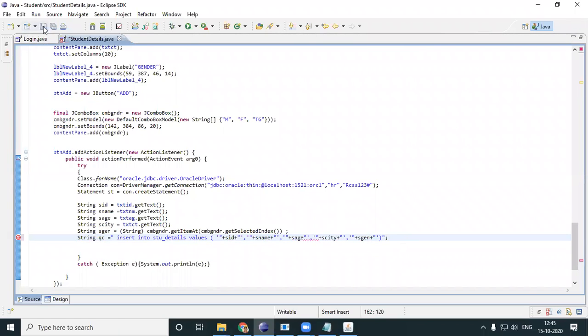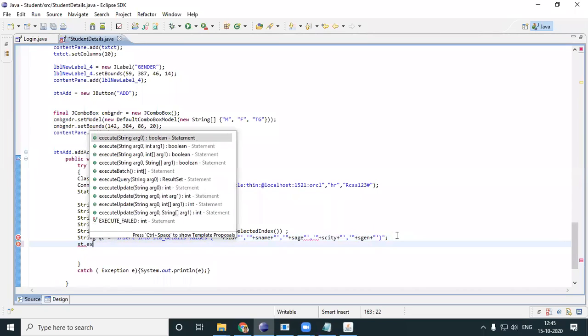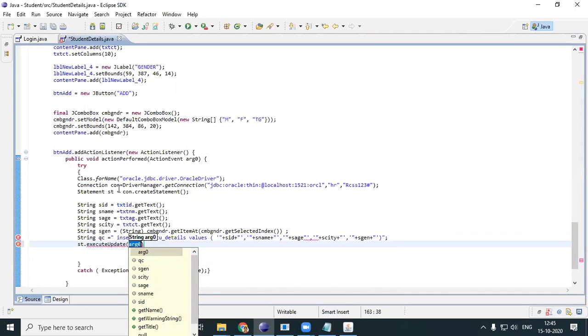Okay, I'll just save. I'll finish off writing and then execute your query. st dot execute update. You're doing an execute update. What is the query name? QC.